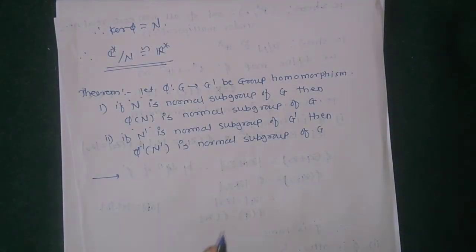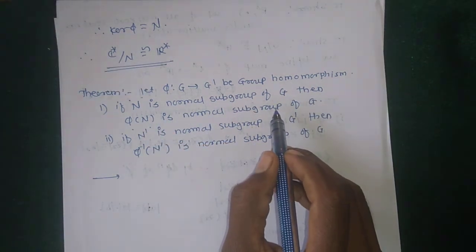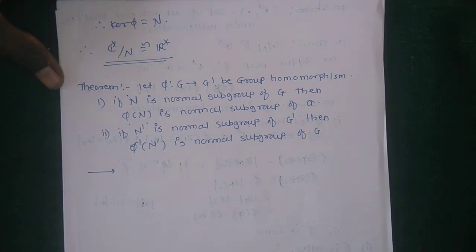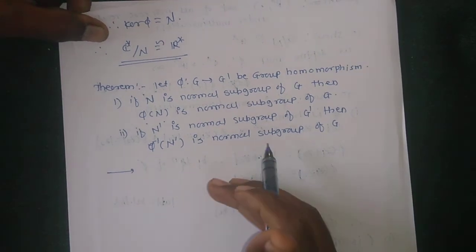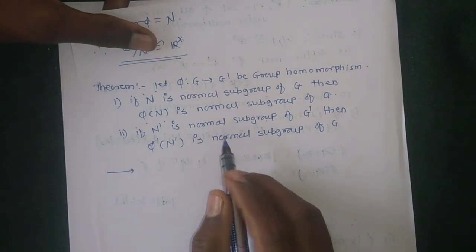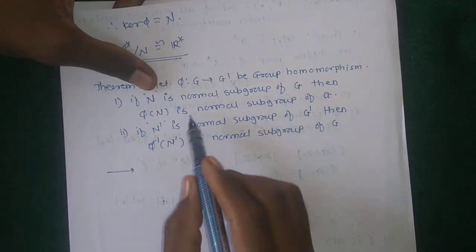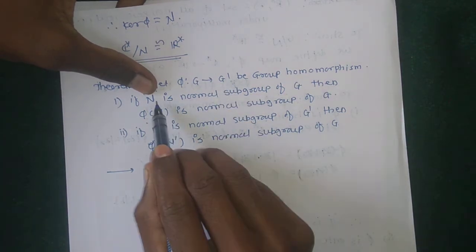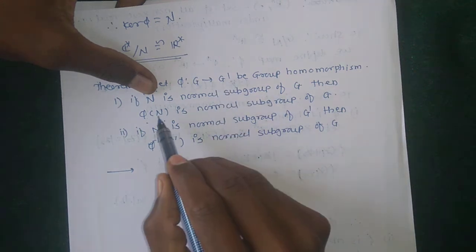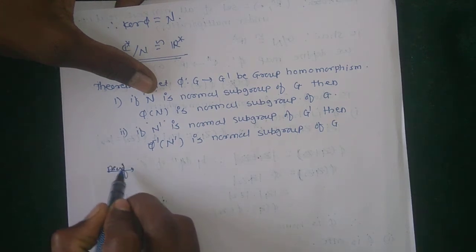Okay, so here it is given that H is a normal subgroup of G, meaning g h g inverse belongs to H. Another definition of a normal subgroup is that the left coset equals the right coset, that is, aH is equal to Ha. So using this, N is a normal subgroup of G, and we need to show that the image phi of N, which lies in G dash, is a normal subgroup. Here is the proof of the first part.